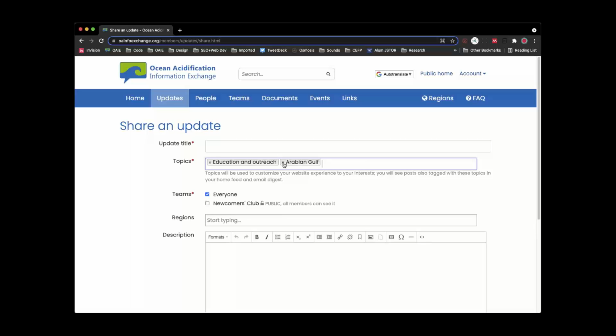All right, sometimes when you add topic tags here, a list will pop up right underneath of tags that are commonly associated with what you've chosen. Oh, I'm so bummed it doesn't work on this profile. But depending on what you choose, you'll get these predictive suggestions. Education and outreach is often combined with communications, something like that. So that's the other option.